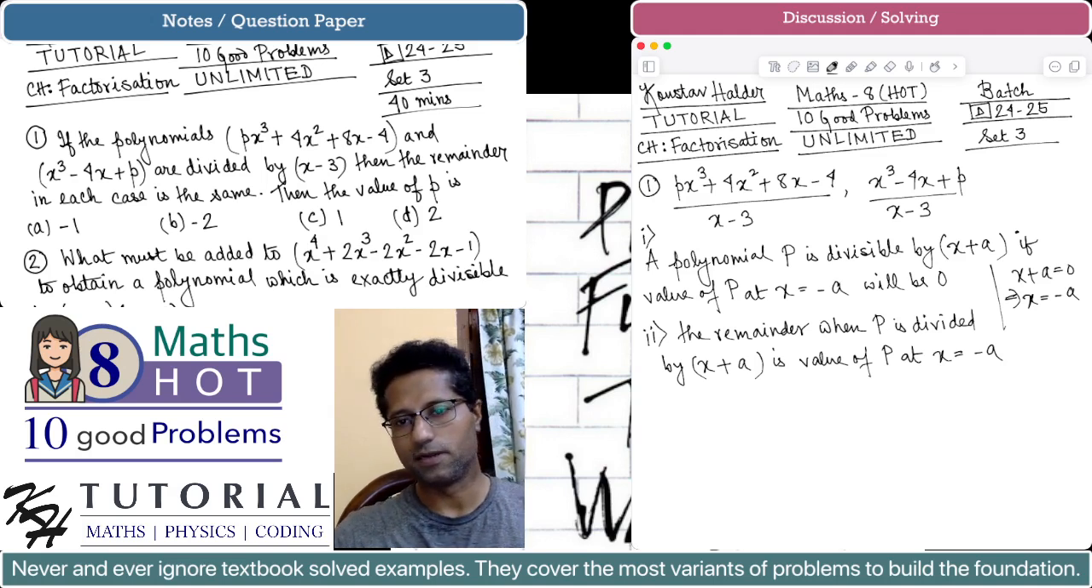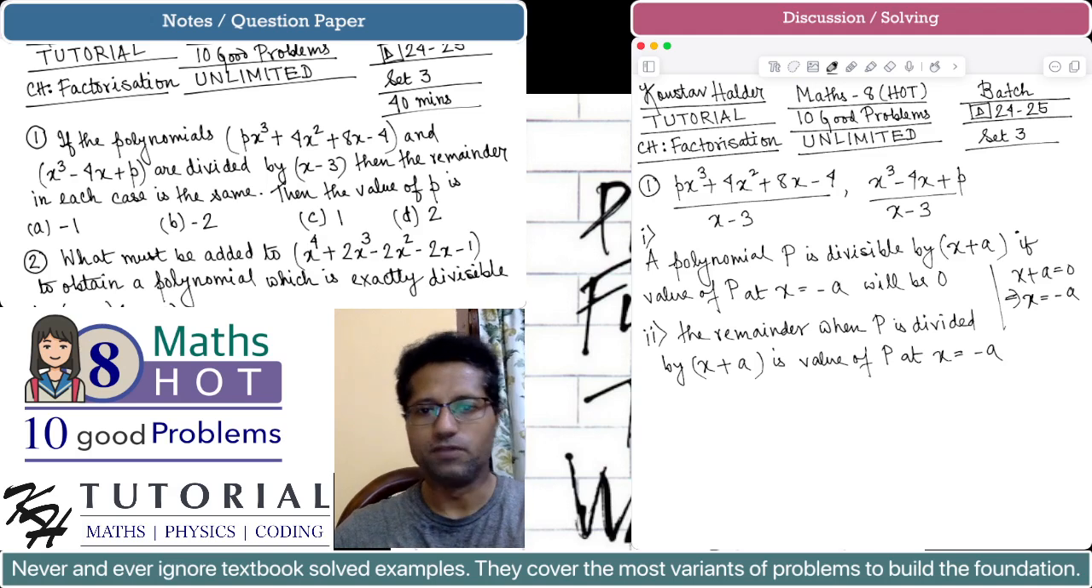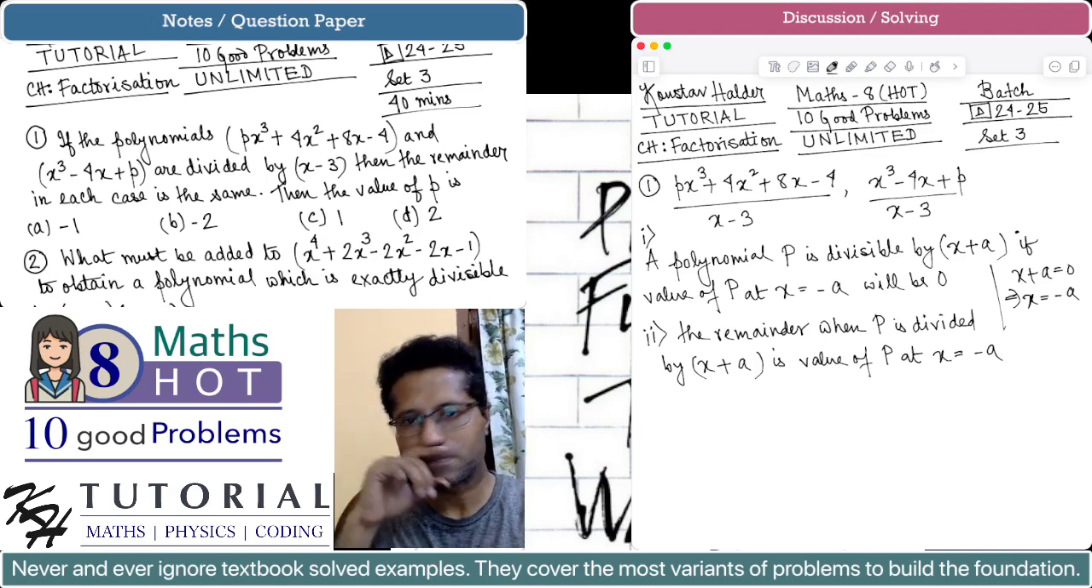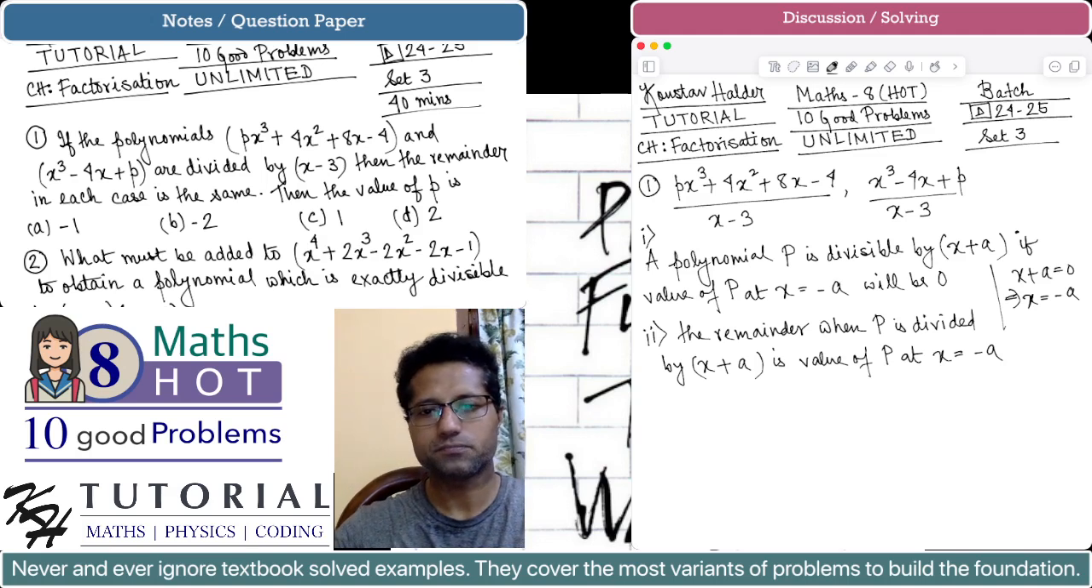And if you do not get 0, then whatever value you are getting will be the remainder of the polynomial p when divided by x plus a. Now back to the question. So we can say that,